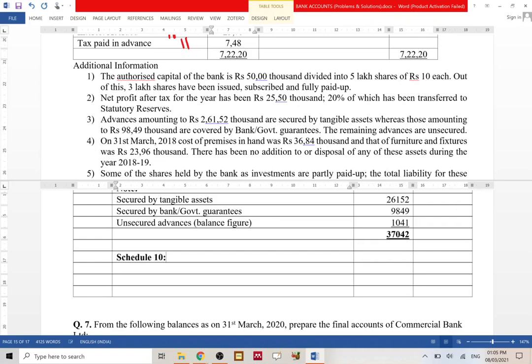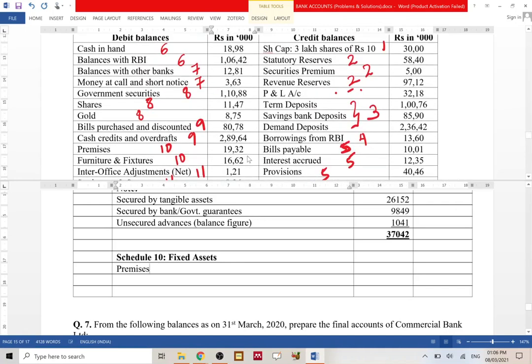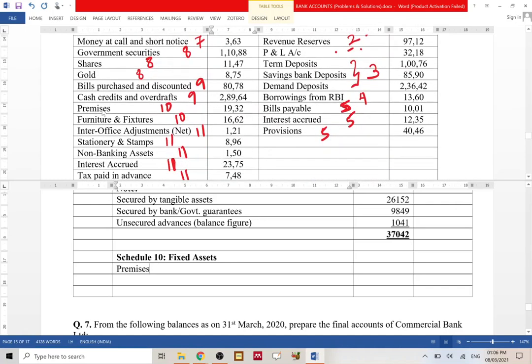Let's see what is included under this Schedule 10, fixed assets. Now, under fixed assets, you have premises given in the problem, right? Premises 1932, and furniture and fixtures